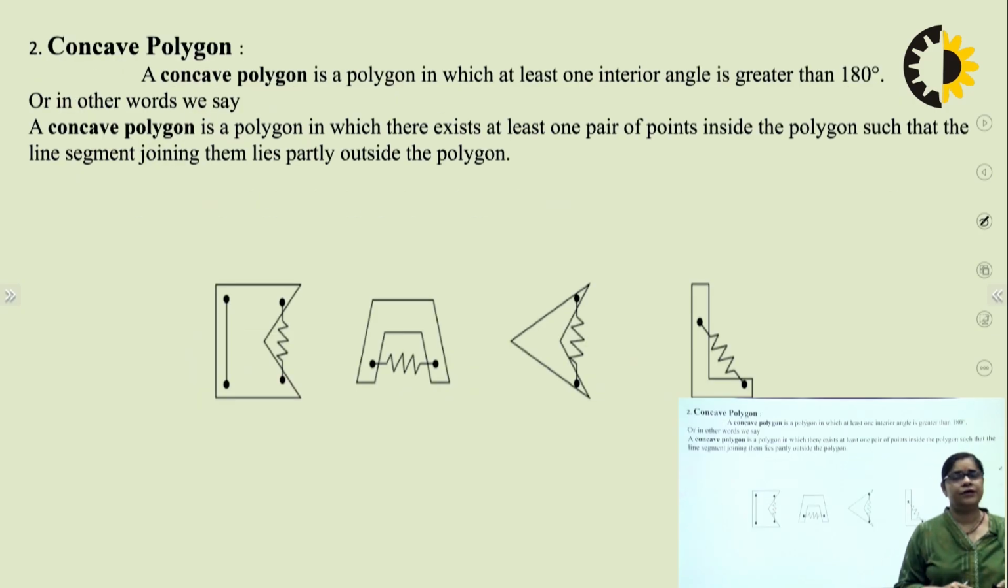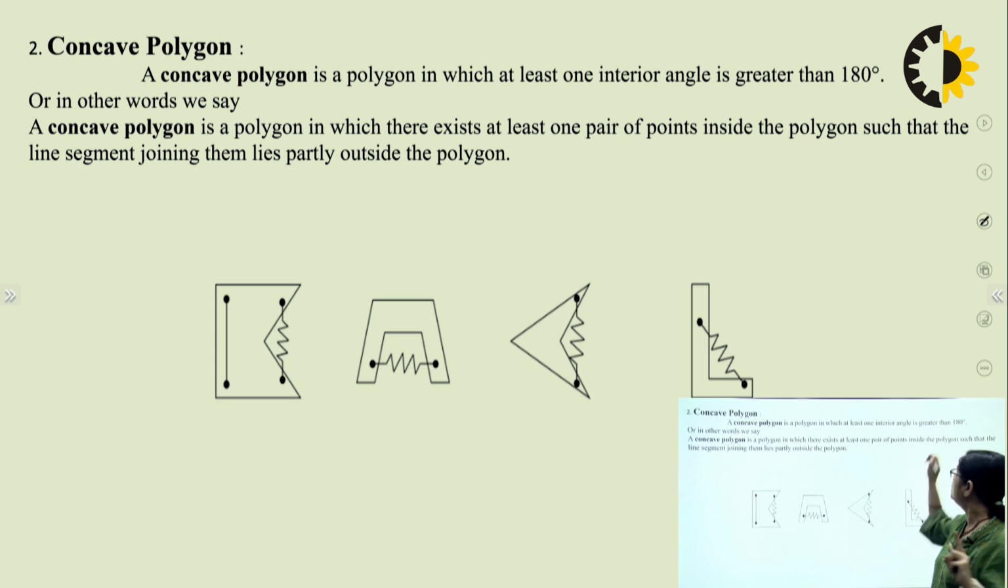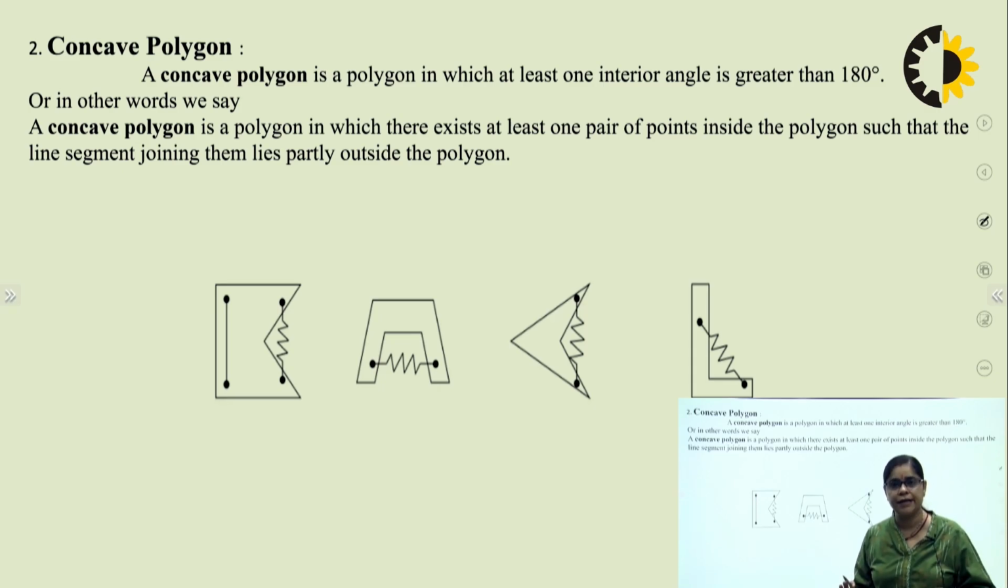Now, when I am going to discuss the concave polygon, we have understood that a convex polygon means the angle is less than 180 degrees. Just opposite is the concave polygon. Here at least one interior angle should be greater than 180 degrees. Or in other words, we can say that a concave polygon is